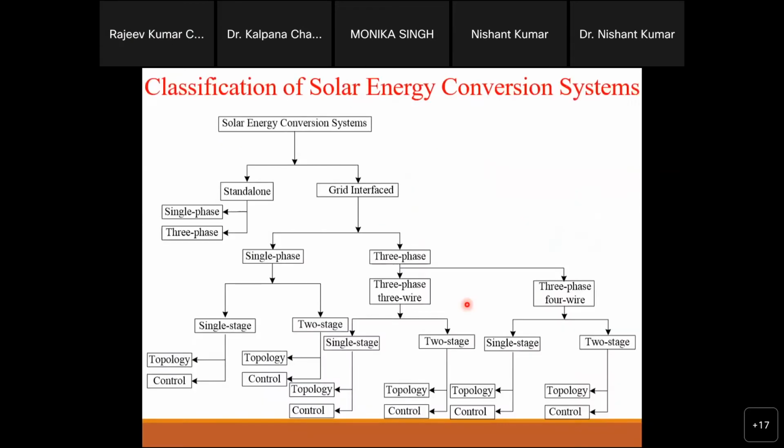If we go for the classification, this system is classified in different ways based on its use. For example, a grid connected mode, and we can also use it in a standalone mode, meaning when the grid is not there, the system behaves like a standalone. The grid side is also classified into single phase and three phase, according to which we can exchange power. This is mainly the network configuration side. Next, at the topology level, or connection and converter level, there is single stage and two stage. What these stages are, I will discuss during the system.